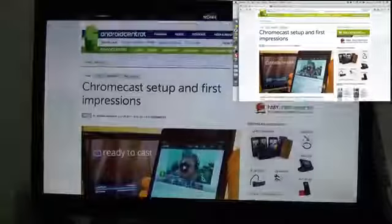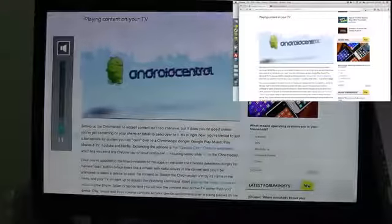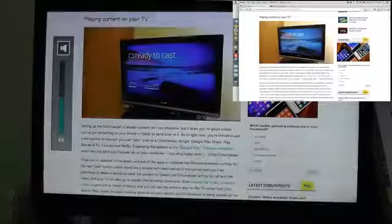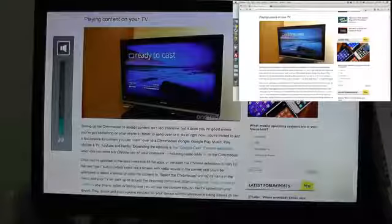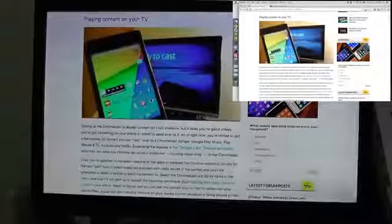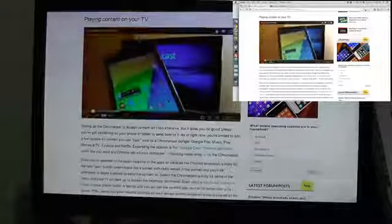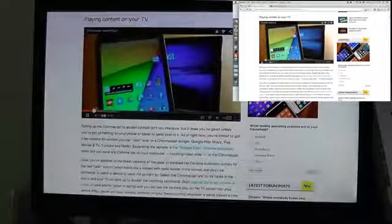But what's really neat is we're looking at the post Andrew wrote about it. We come down, oh, he's got a video here. Let's give it a tap, and it plays in line just like it's supposed to. And if you notice, the sound is again on the TV and not on my laptop. My laptop is being quiet and listening to me talk and jabber and yell. The same deal, I can pause it here. Pretty much whatever I do on this web page,